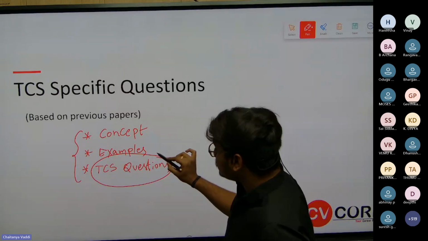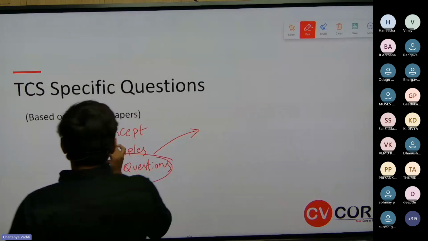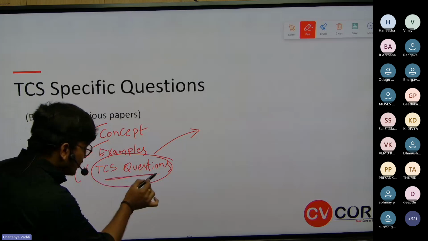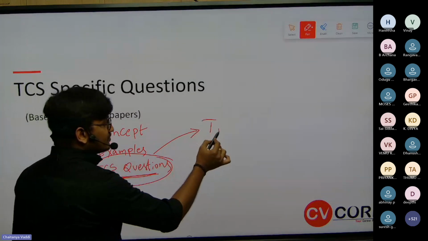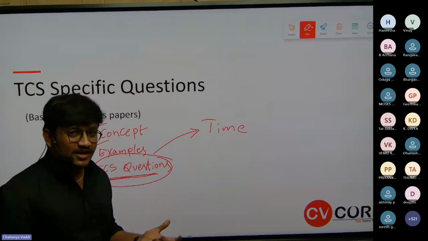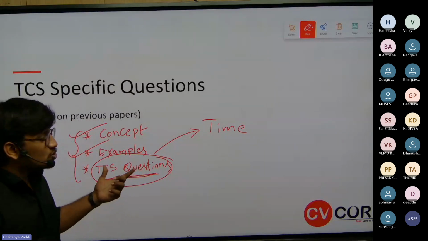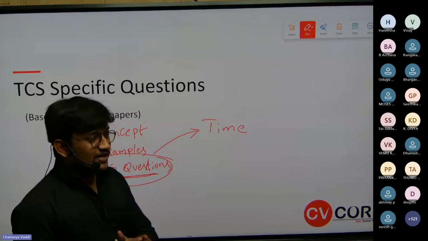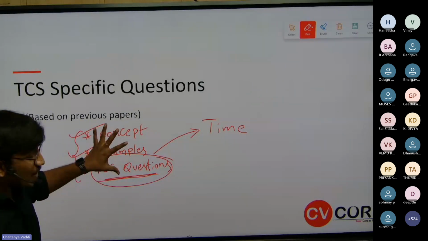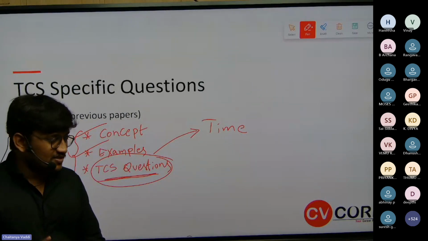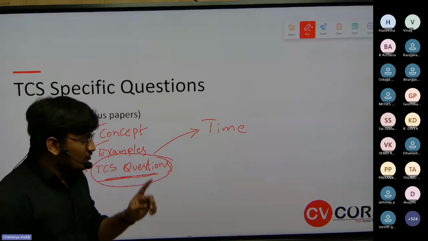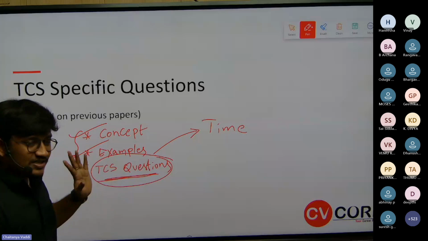One more point: for these questions, I'll explain the concept and the examples, and I will give you questions to solve, and I will give you time. After knowing the concept, you should check whether you can solve these questions within that particular 1 minute. If you have any doubts, feel free to post them in the chat box. This is the pattern we are following for the next 10 days. Any topic you take, either percentages, averages, profit and loss, or any reasoning topic, first we should learn the concept, examples, and TCS-specific questions.